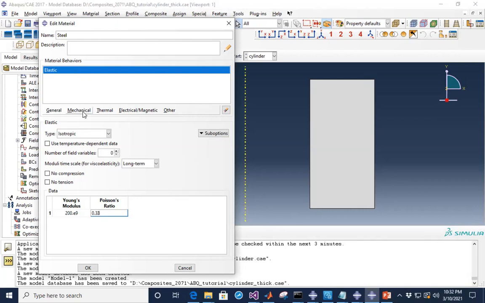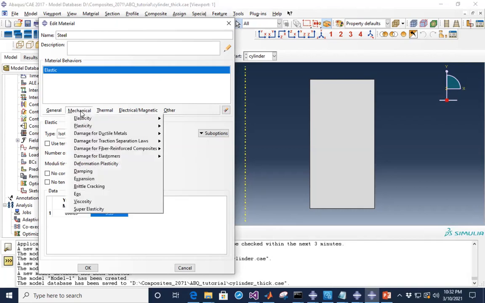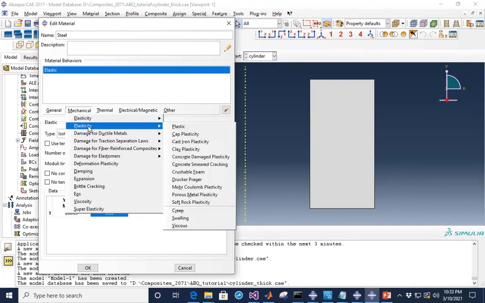So then what we need to do is, we also need to add plastic properties. So I'm again going to select this mechanical option here. And then under that, now I'm going to define the plastic property. So under plasticity, I'm going to select just the first simple option, plastic,